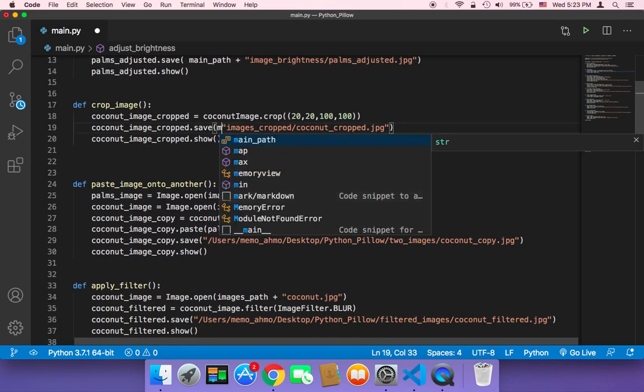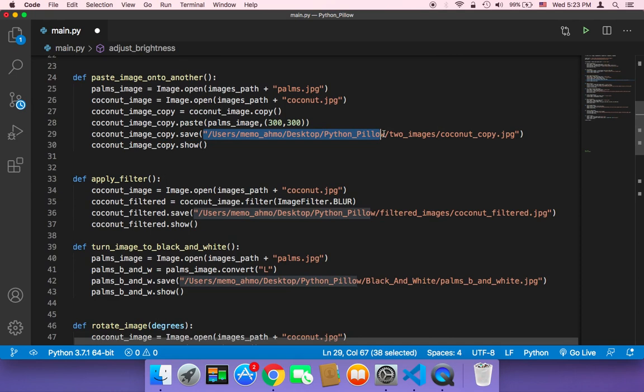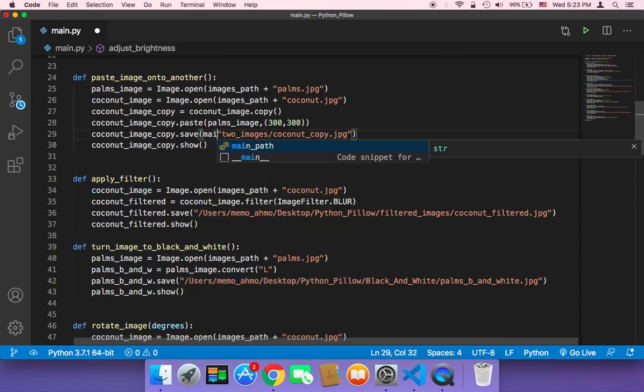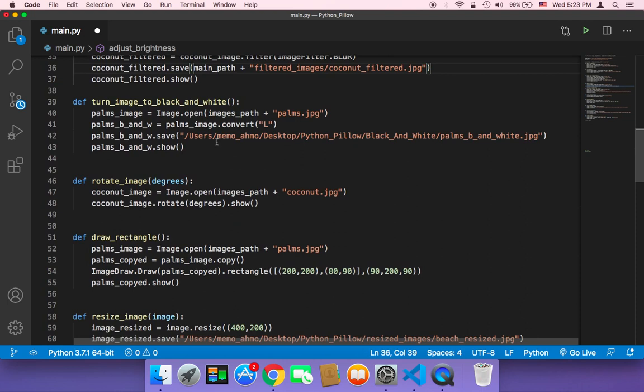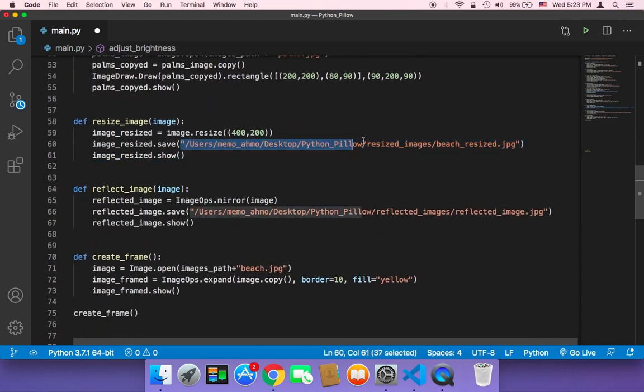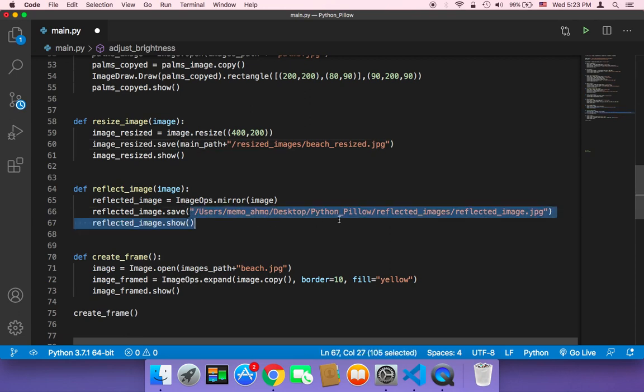So here it's also going to be main_path, and then plus, and here as well main_path, main_path, and also here main_path. This is very important because we want our code to be organized, and we don't want to repeat ourselves and keep passing the same string over and over again, here and there as well. Here main_path, and then plus,